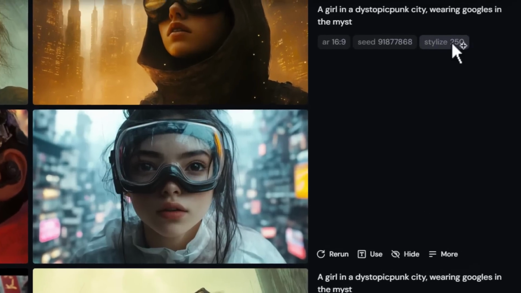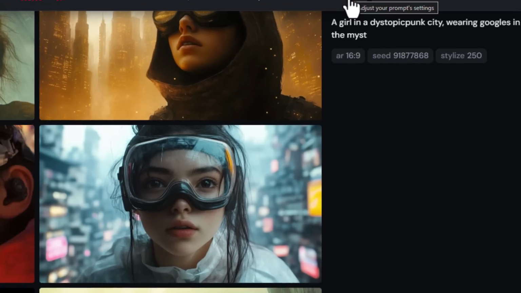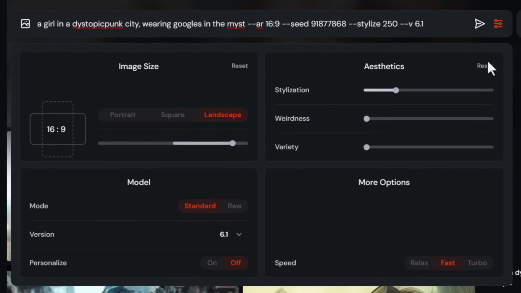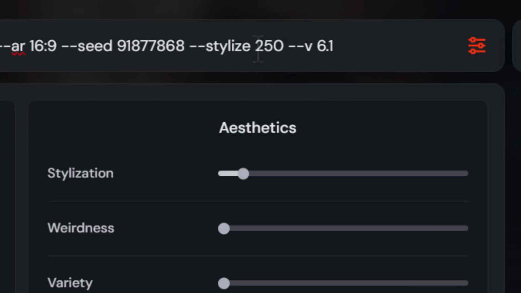At the moment we have stylize of 250. I'm going to click use again. I'm going to come down here and I'm going to reset the aesthetics. Because what I want to do is use permutations to try a few more different levels. So now if I type in a curly bracket and type in 120,